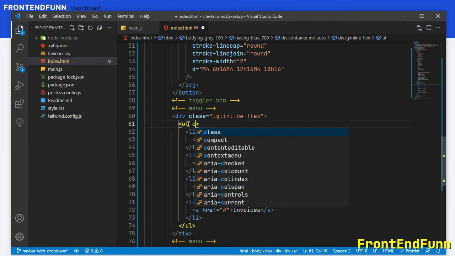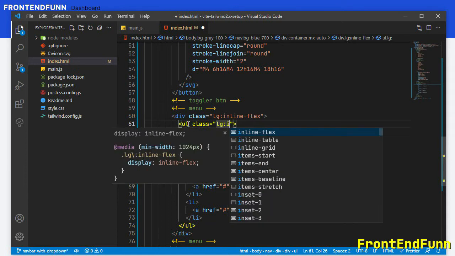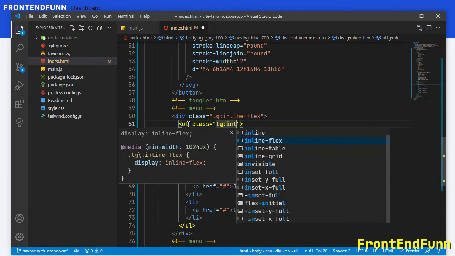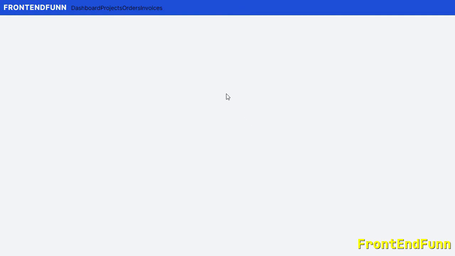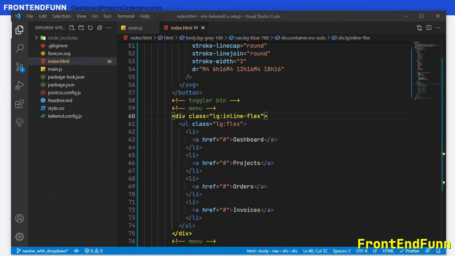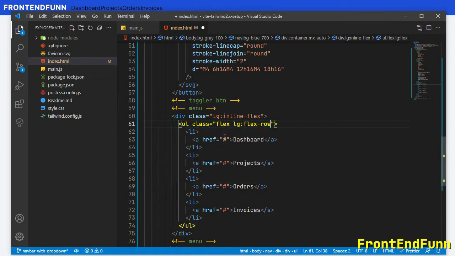Even for the UL we'll add lg:flex. Or let's make it flex, and on large screens we'll set the flex direction to row so that we can align them as flex direction column on the mobile devices.